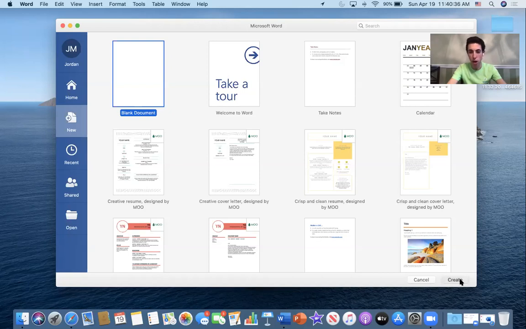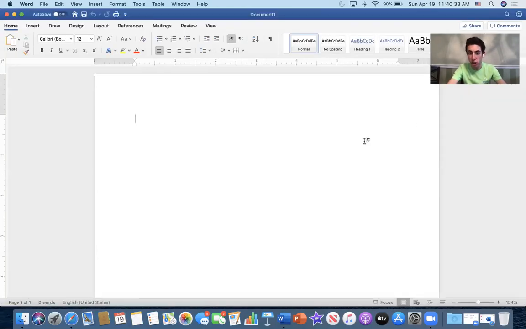Once you click on Create, just like Pages, you'll see a similar kind of format, except that all the formatting options are now on the top of the screen, versus on Pages, they were on the right of the screen, but this looks the same. It has the blinking cursor, and it gives you all the functions to format text. So we're going to be spending our time on Microsoft Word learning about formatting text and how to use it. For those of you who have taken my basics class before, I've taken a few pieces of this lesson from that.